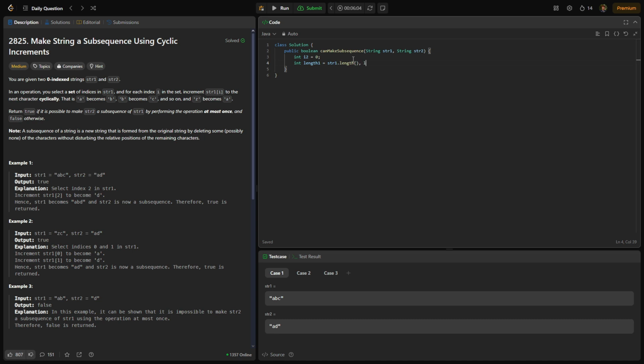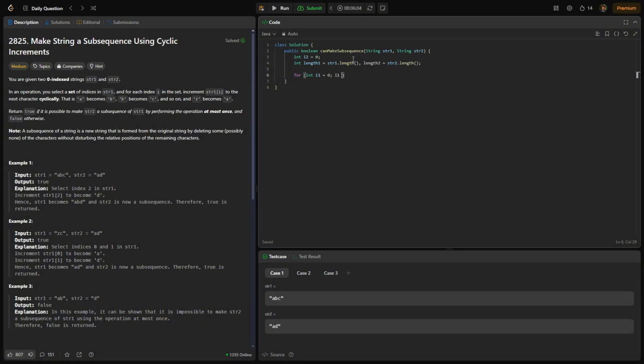And then we're also going to have length2 be equal to str2.length(). We have to use parentheses here because it is a method for a string, not a property of an array. Now we're going to traverse through both strings using our for loop and check if the characters match. So for int i1 equal to 0,